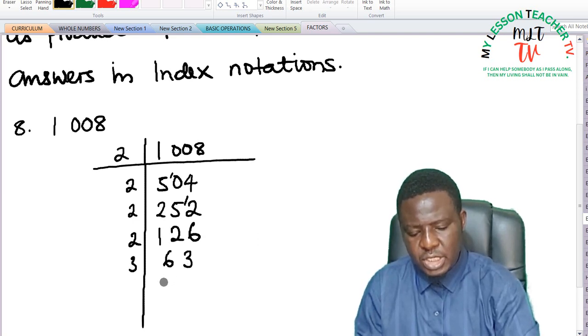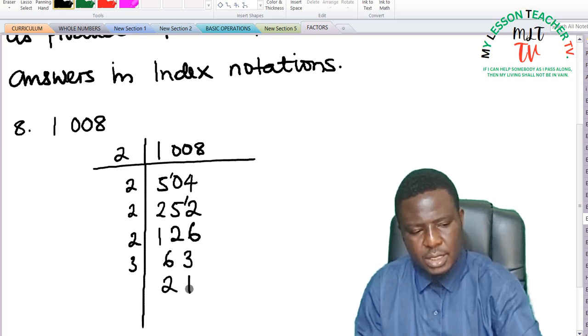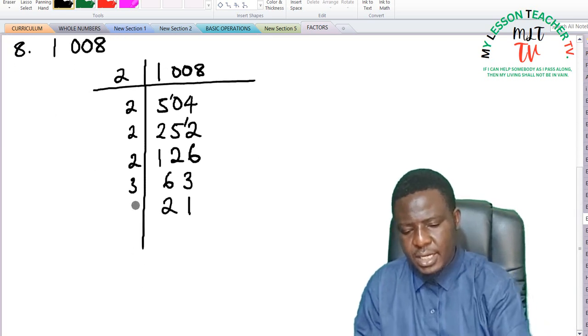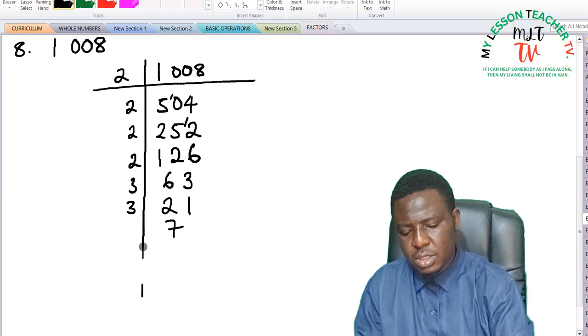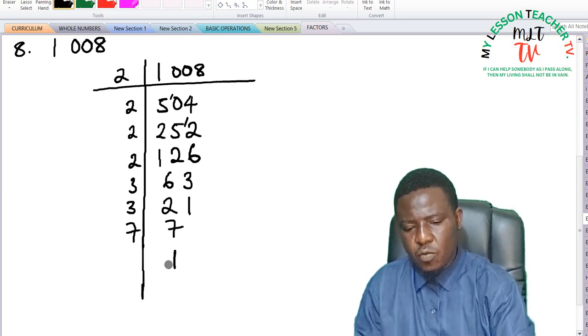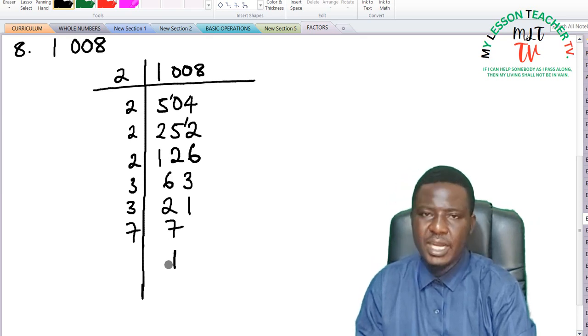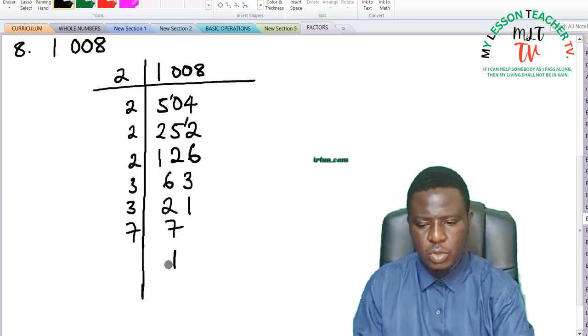3 into 6 is 2, and 3 into 3 is 1. 3 can still divide 3 times. 3 into 21 is 7, and 7 can divide itself once because 3 can no longer divide, and 7 is a prime factor. So that